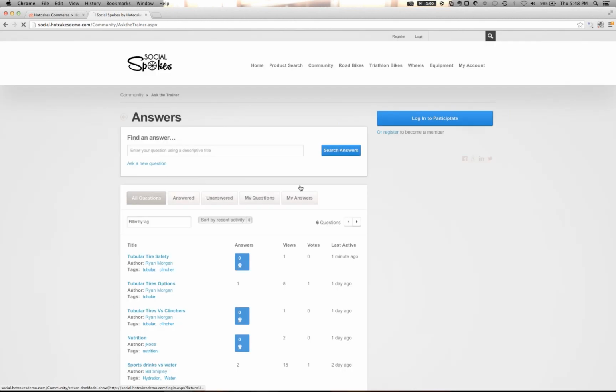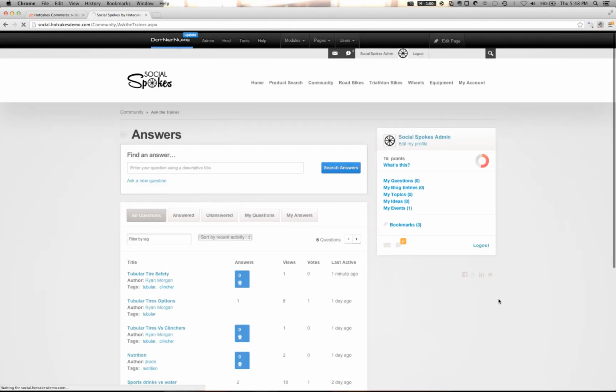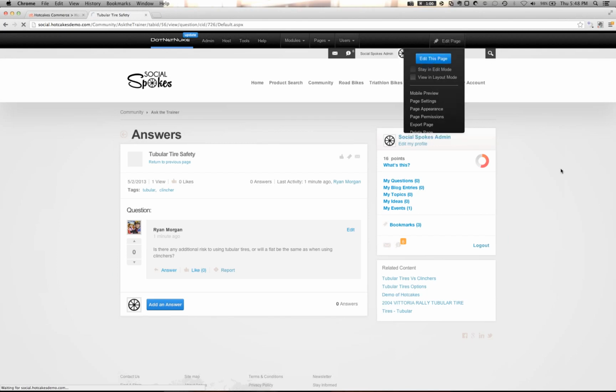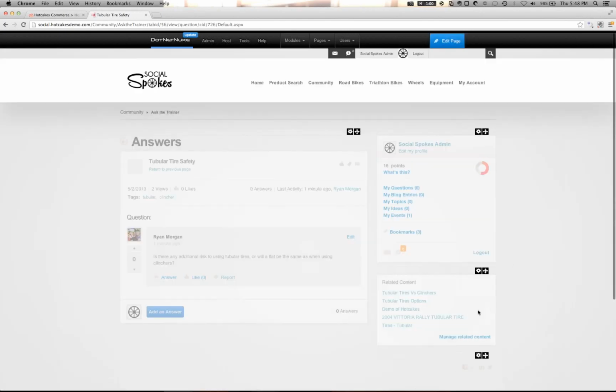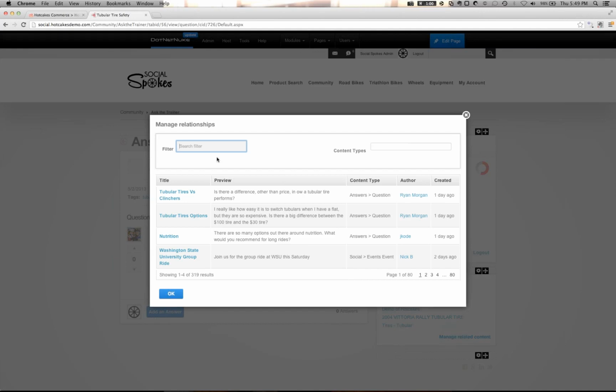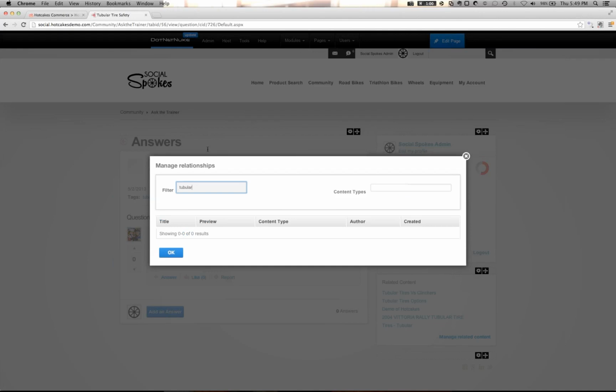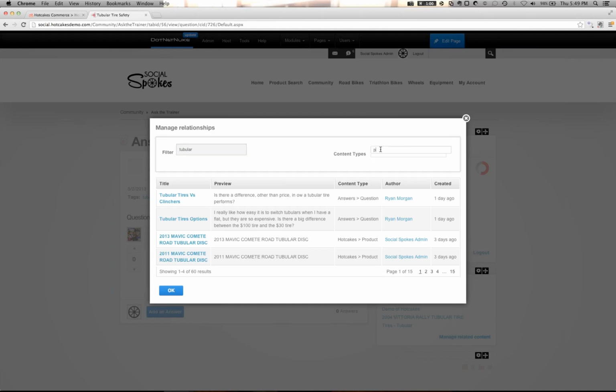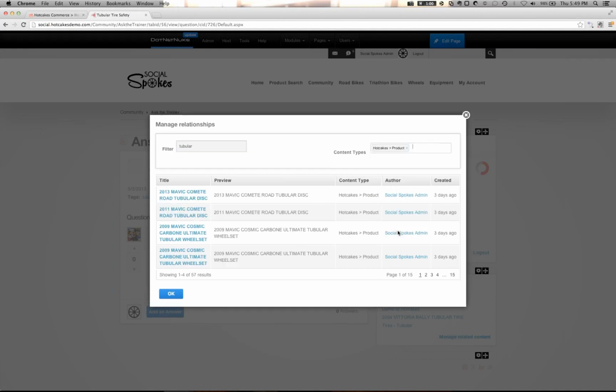If I look at that same page, if I wanted to manage that related content, I could do something like this. Click manage related content, and then maybe go look for a tubular. Maybe look for tubular, and let's filter by product. So now maybe we'll go ahead and add the Mavics in there, and maybe we'll add a wheel set as